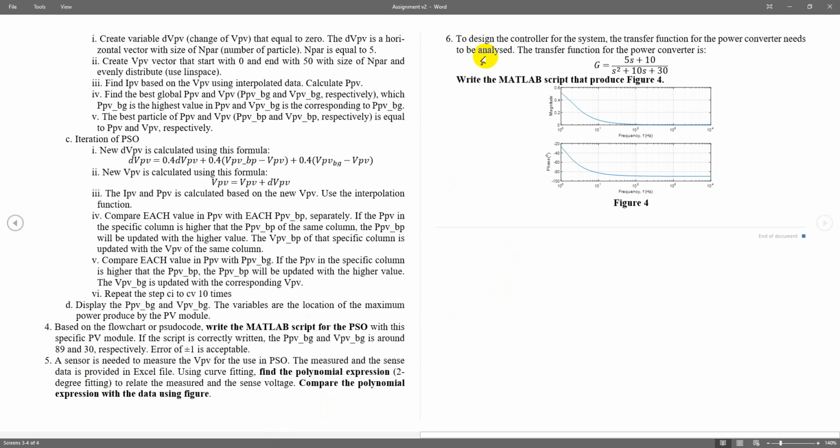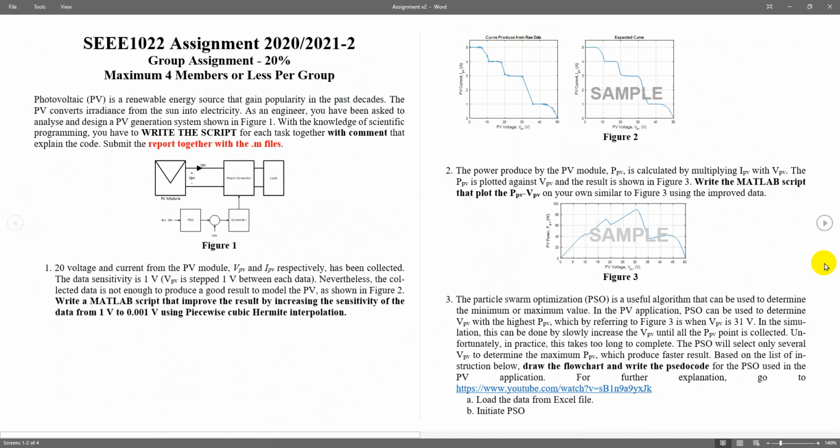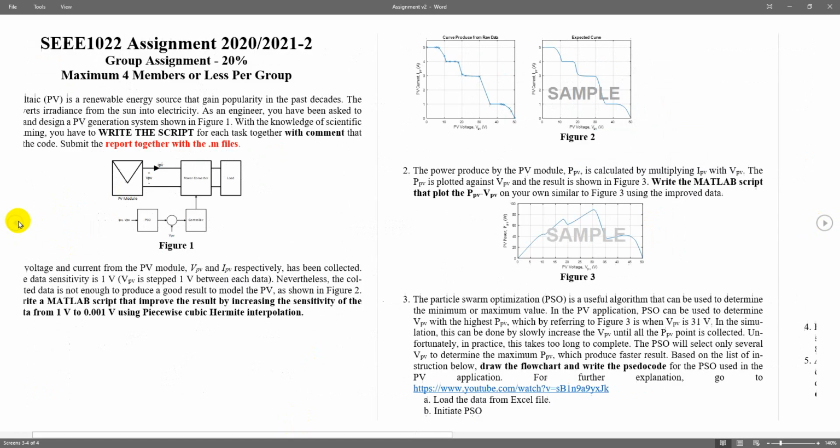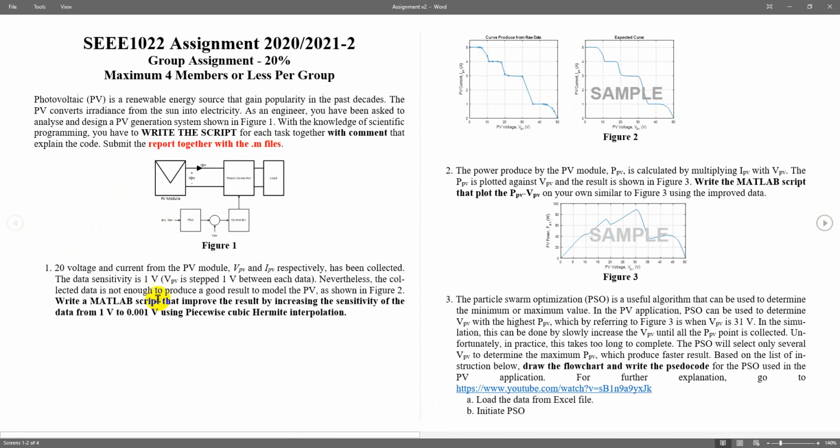And then lastly, to design a controller, the system transfer function for the power converter needs to be analyzed. I think you have not learned about power converters yet. Basically, a power converter changes one voltage level to another.